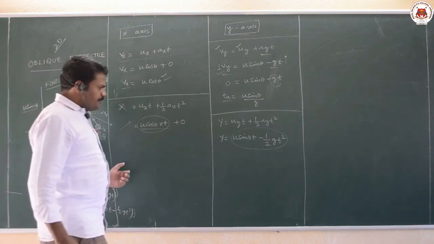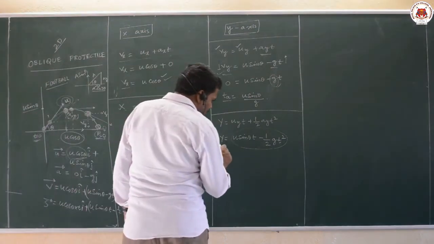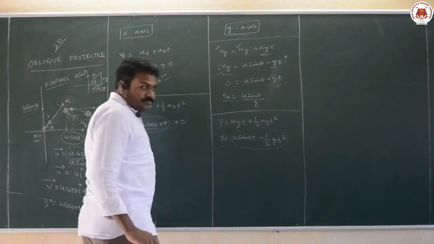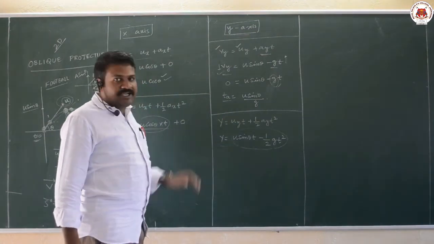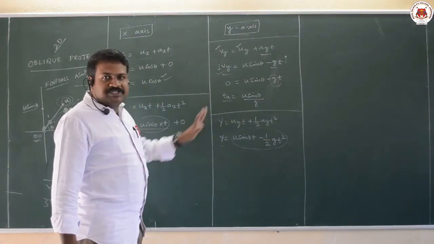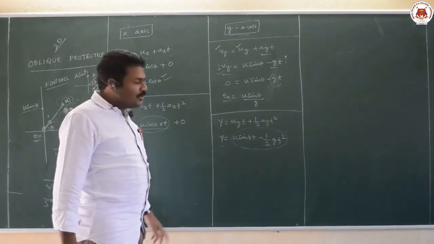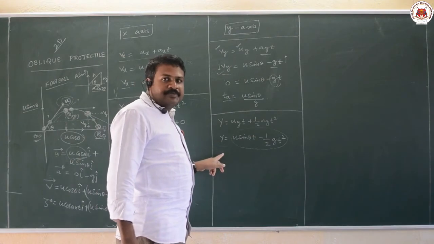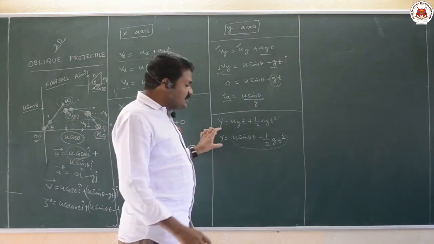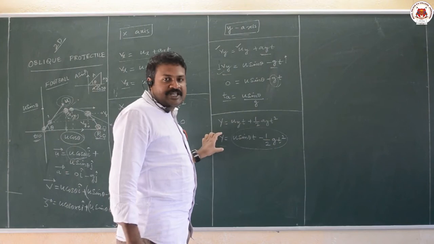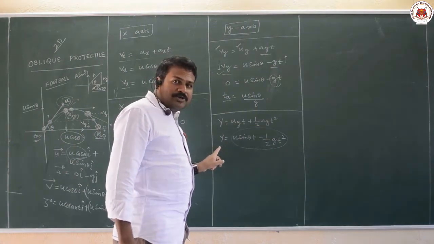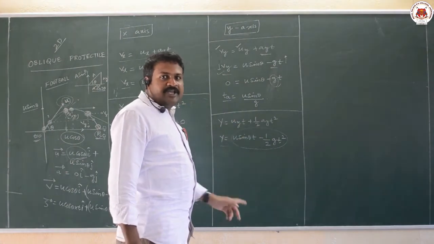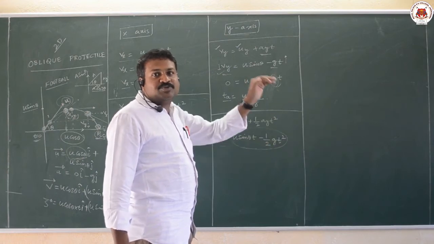Here also we can observe that y increases for a certain time, so y is positive for a certain time, afterwards it is negative and finally reaches 0. When y becomes 0, the body reaches the ground, because y is the displacement on the vertical axis. Body on the ground means it has completed its motion.